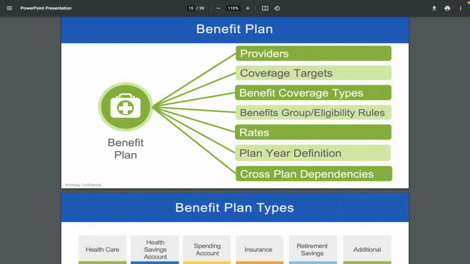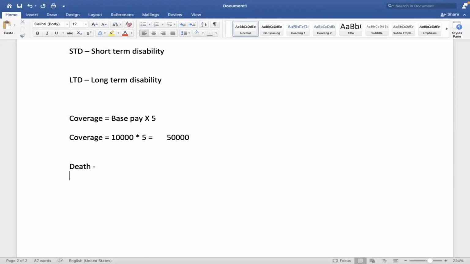Some companies give benefits only to the employee. Some give coverage only to the employee plus spouse or employee plus spouse plus children. If you want to include your parents, you may be required to pay some additional amount. It depends, right? The cost is different. So how it works is